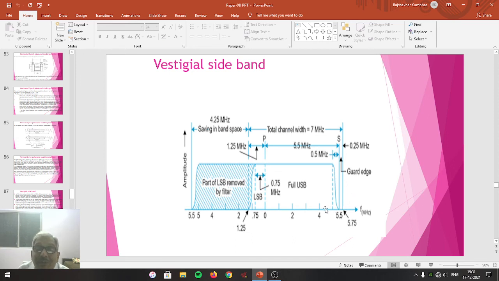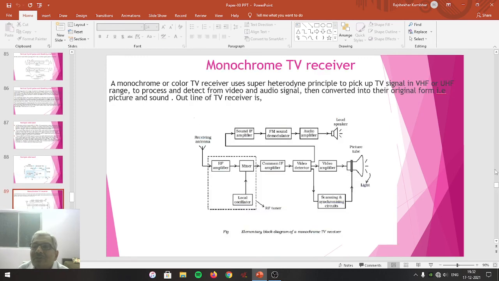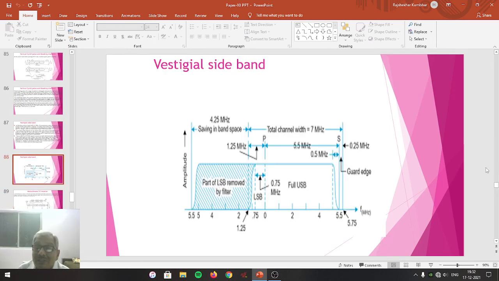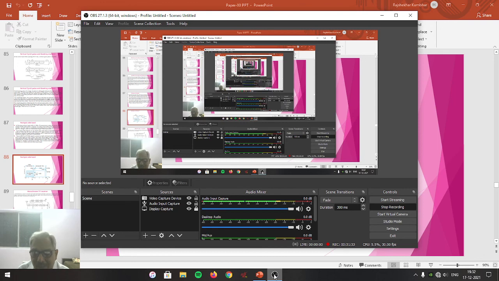Thus, in television communication, picture information is amplitude modulated and transmitted through vestigial sideband. Friends, this is the concept of vestigial sideband. That's all about today's lecture, where we have studied the meaning of vestigial sideband again. We have studied the meaning of composite video signal and also the color composite video signal, along with horizontal and vertical sync and blanking standards. The rest we'll see in the next page.